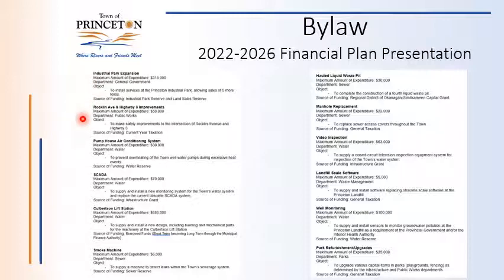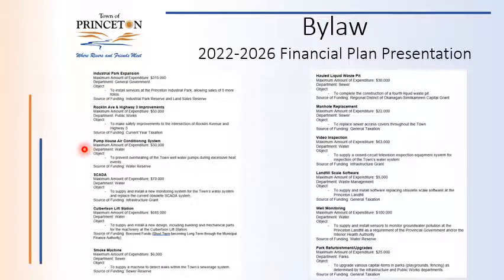Rockland Avenue and Highway 3. $50,000 to make safety improvements to that intersection. That would be the intersection, it's west technically, I suppose, from a highway standpoint, due west of the Princeton Bottle Depot. There are some safety concerns on that intersection. This would allow us to make that road safer at the connection.